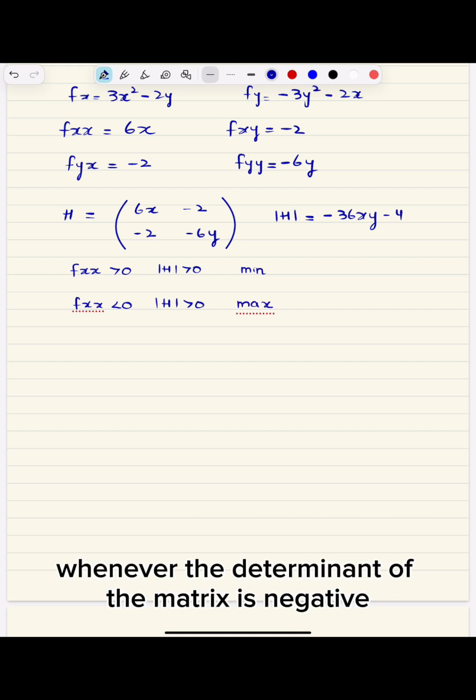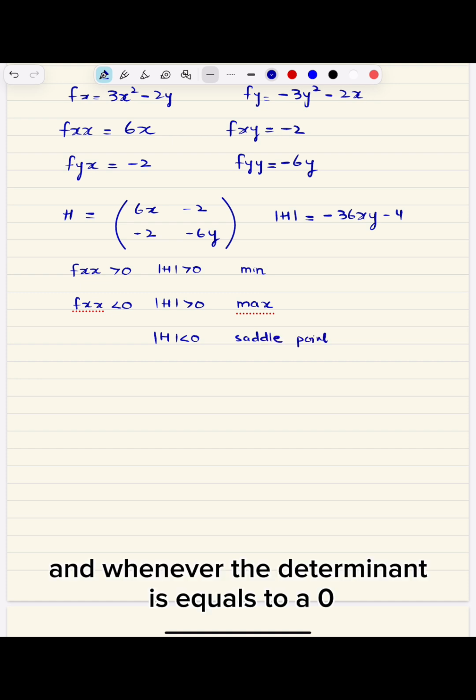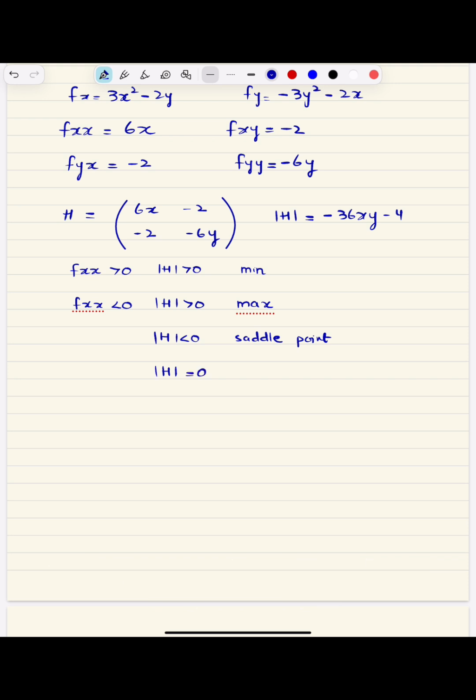Whenever the determinant of the matrix is negative, then we have a saddle point. And whenever the determinant is equal to 0, then we have an inconclusive